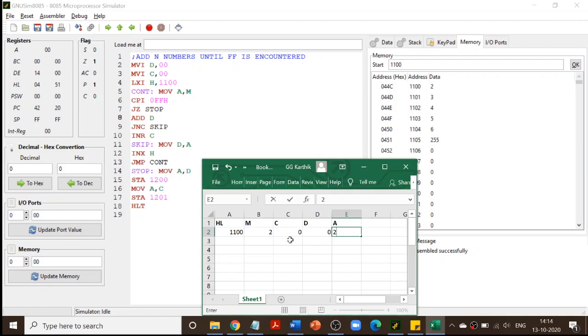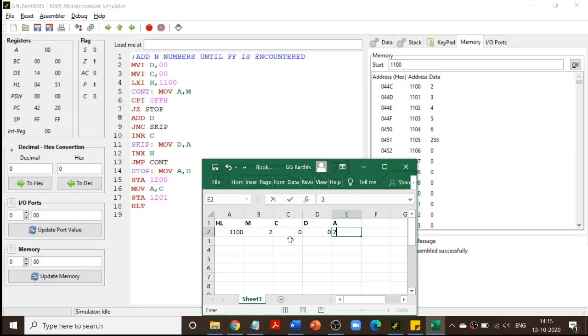That's why FF is written as 0FFH. Just because our program says add numbers until FF is encountered, I have to show an FF there in the program. Otherwise, if you are comfortable with 255, go ahead and replace 0FFH with 255. Still your program will work.